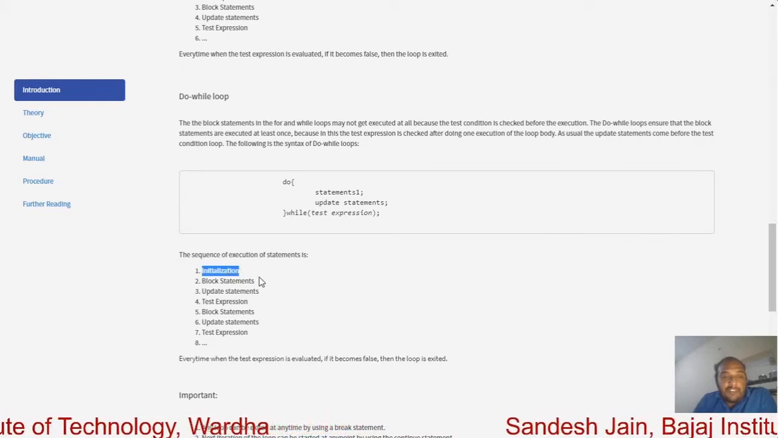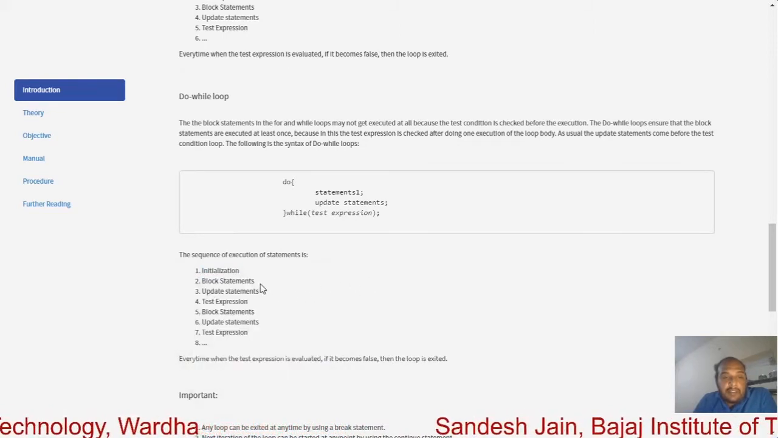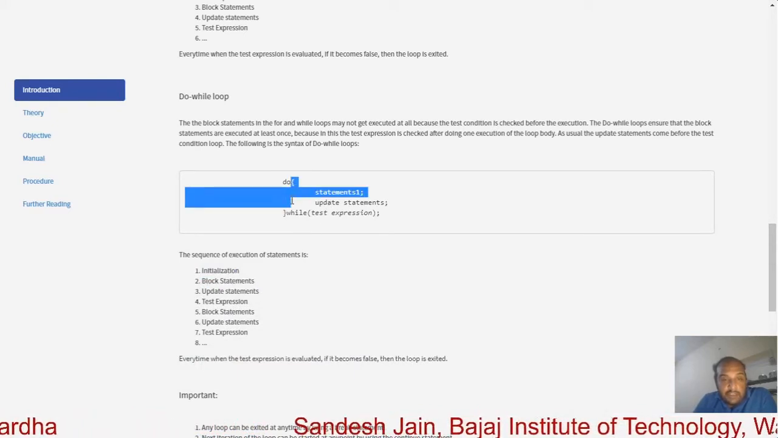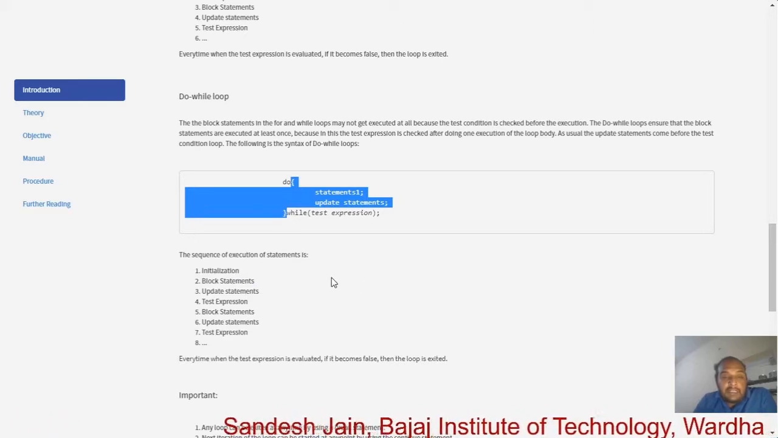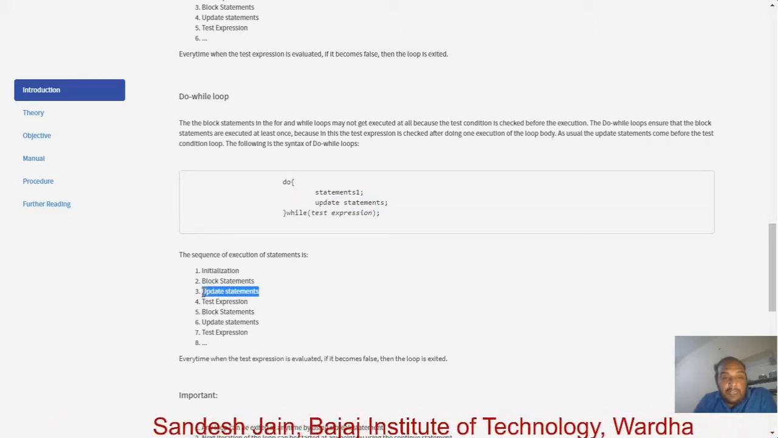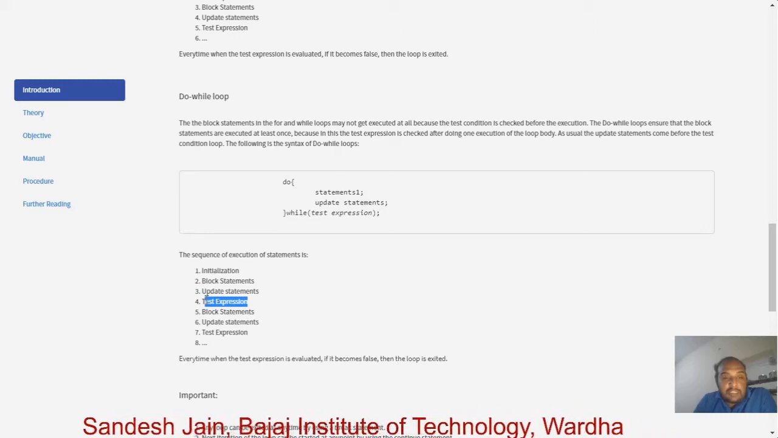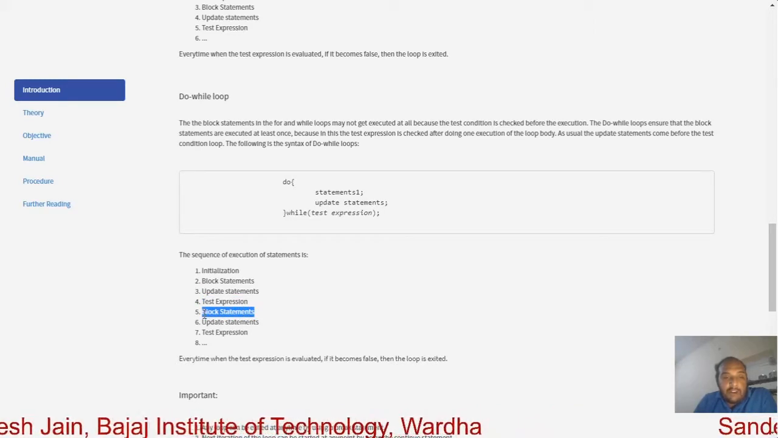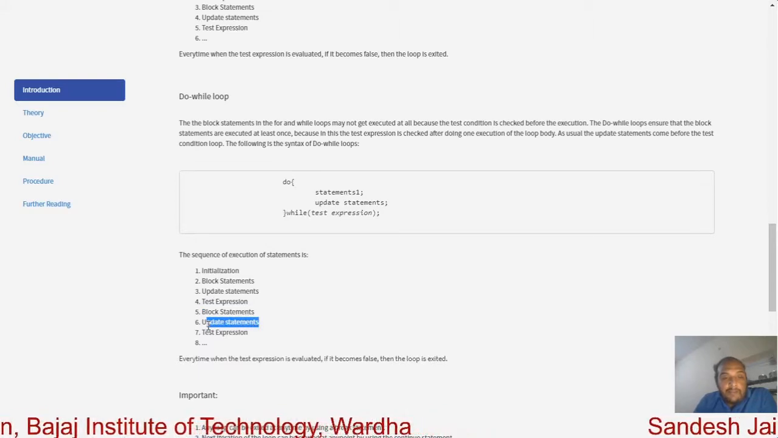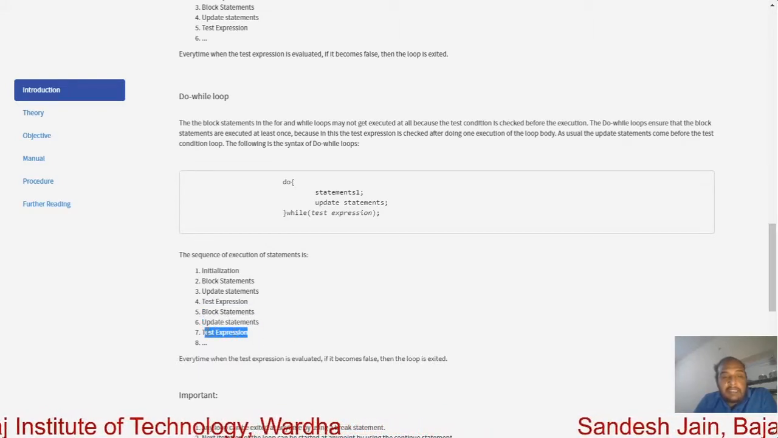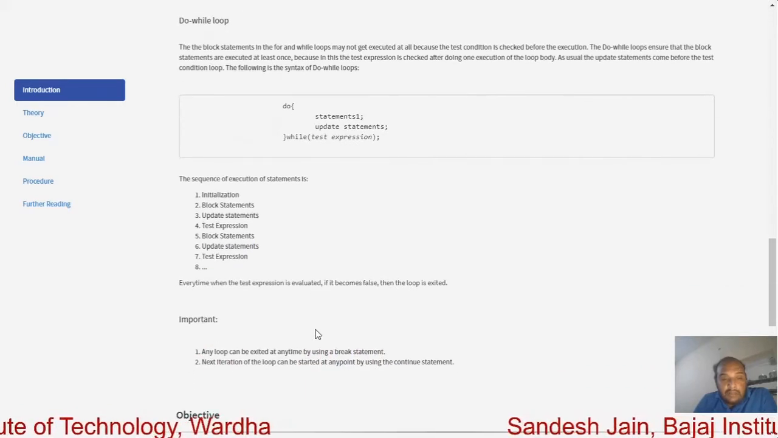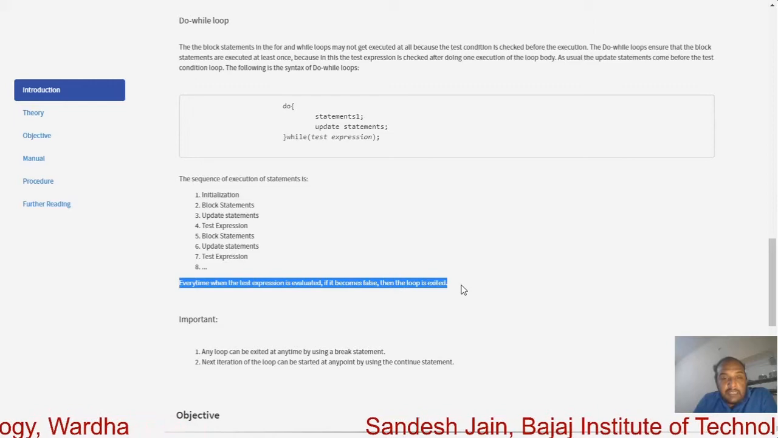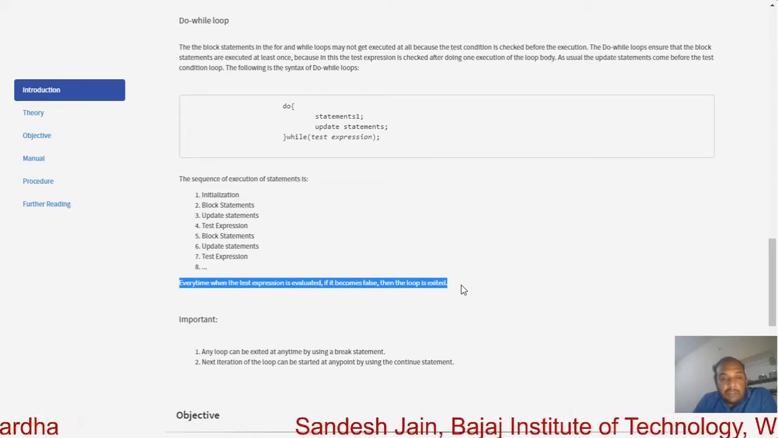First we start with initialization. We execute the block statements, which are written in curly braces. Then we execute the update statement. Then we check the test expression. If the test expression is true, we move towards the block statements, then again the update statement, and then again check the condition. The important thing is that every time the test expression is evaluated, if it becomes false, then the loop